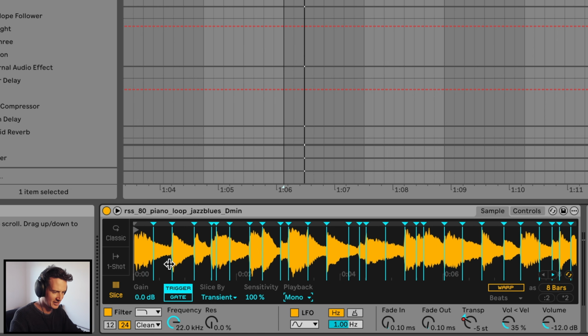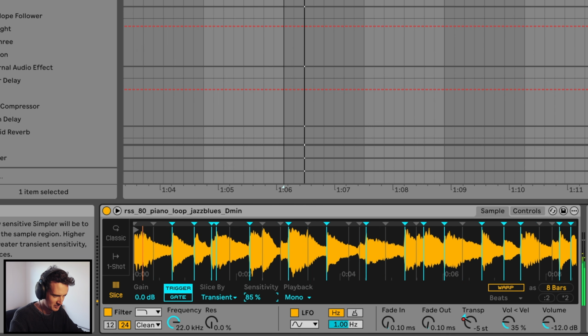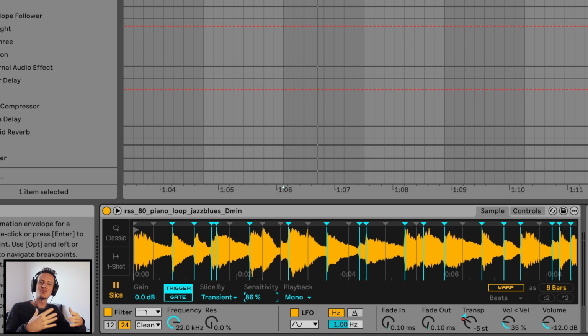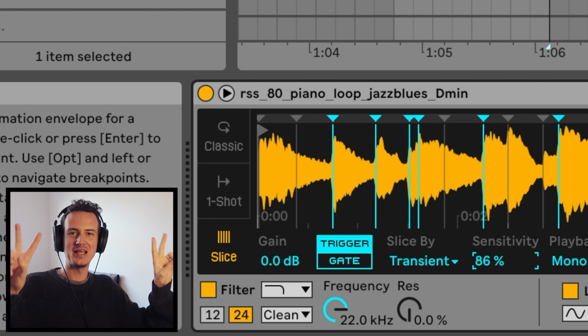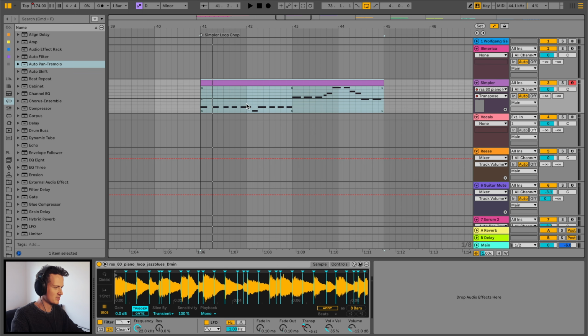And I'm going to adjust the sensitivity because I want this chop to extend out into this little bit here. So I'm going to drop this. Oh, now we're shifting. So with just your computer keyboard, you can kind of turn it into like an MPC thing and start jamming ideas. So this is what I came up with before,